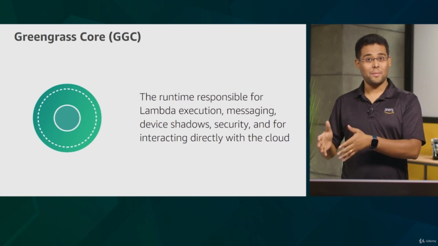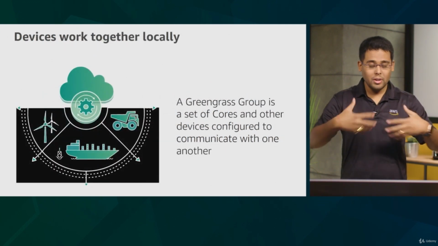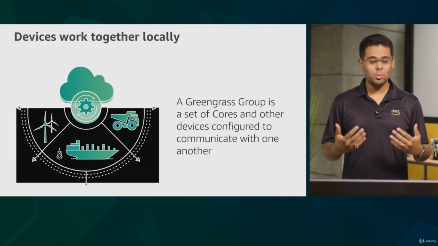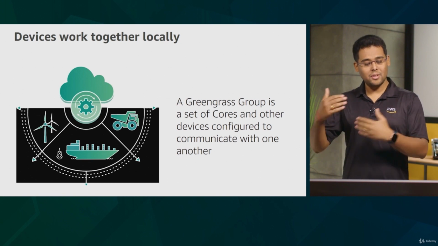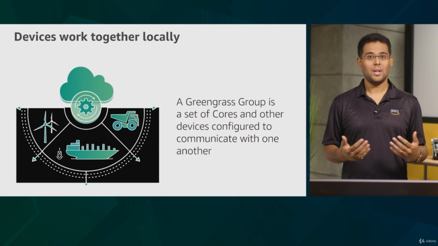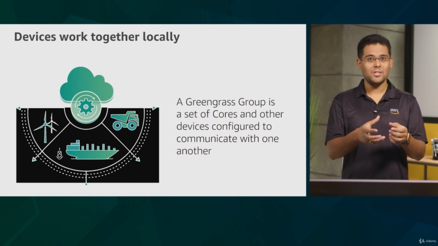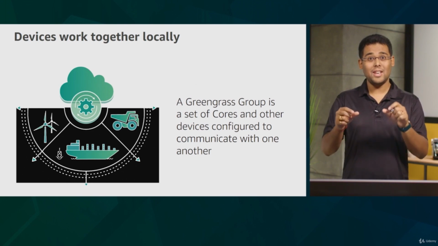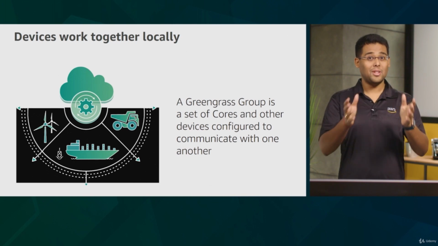So Greengrass again is software that can run on devices ranging from a Raspberry Pi to a server-level appliance to a connected car. The next component is a Greengrass group. So now you have all these devices, you need to group them in an organized way. That's what a Greengrass group does for you. It's a set of cores and other devices configured to communicate with one another. In a group, you will add all these devices like your cars, in this case, your Lambda functions, your machine learning models, and routing rules, aka subscription rules,